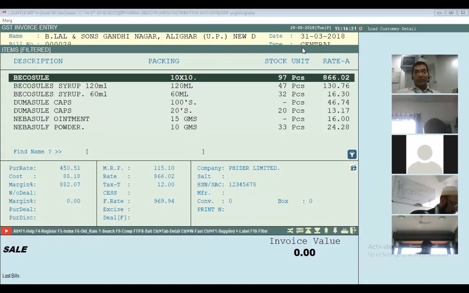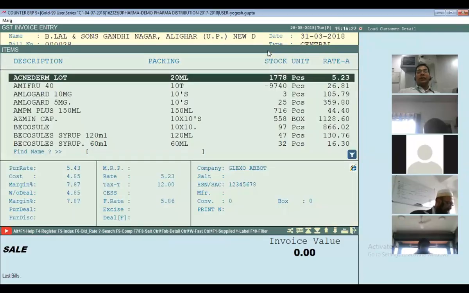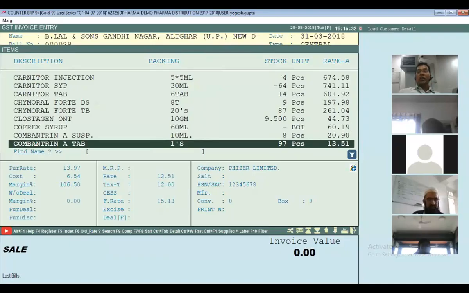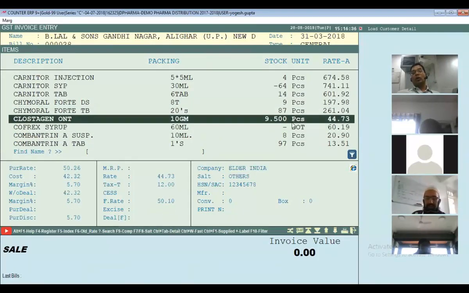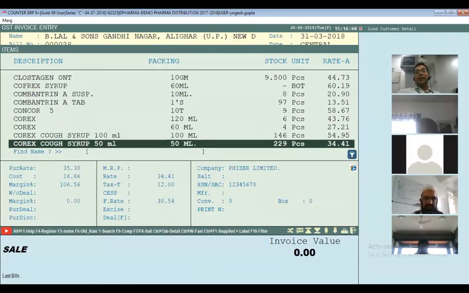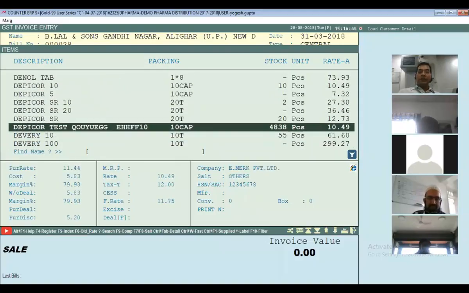Okay, sir. Next amazing feature I'm going to disclose. Look at that. I think from Rexa Technology, he asked about the negative stock. But one more hyphen is coming here. Here hyphen, here one more hyphen, one more hyphen. Hyphen means I do not have the stock of that item.